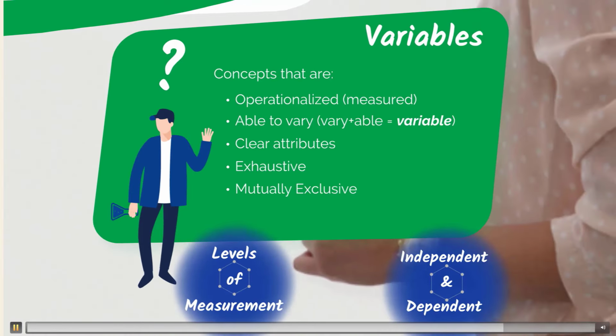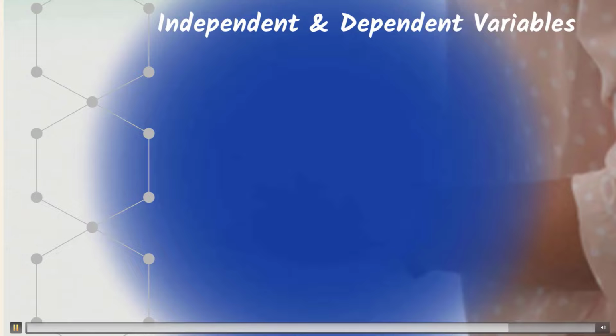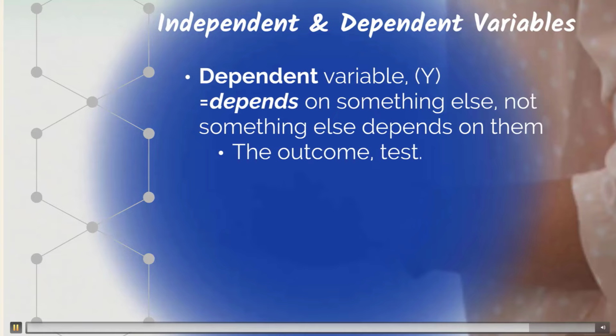Now let's look at the predictor and outcome variables, more typically known as independent and dependent variables. Another important distinction having to do with the term variable is the distinction between an independent and dependent variable. This distinction is particularly relevant when you are investigating cause and effect relationships. We must learn this distinction. Let's start by explaining the dependent variable, the outcome. This is the variable one is attempting to predict. By convention, it is represented by the letter Y.